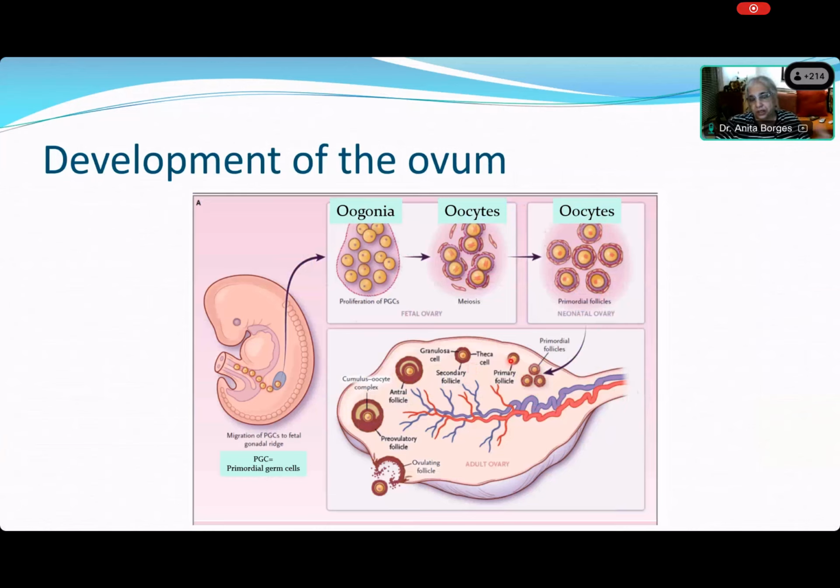And what is going on here? You have primordial follicles, and these follicles are nothing but the ovum that is surrounded by granulosa cells. Then you have the theca cells developing, and each follicle, as it develops, gets a fluid-filled cyst. It's that fluid-filled cyst that reaches the capsule of the ovary, and ovulation takes place. And what do you think is in that fluid-filled cyst? Sheetal, what is in that fluid-filled cyst?